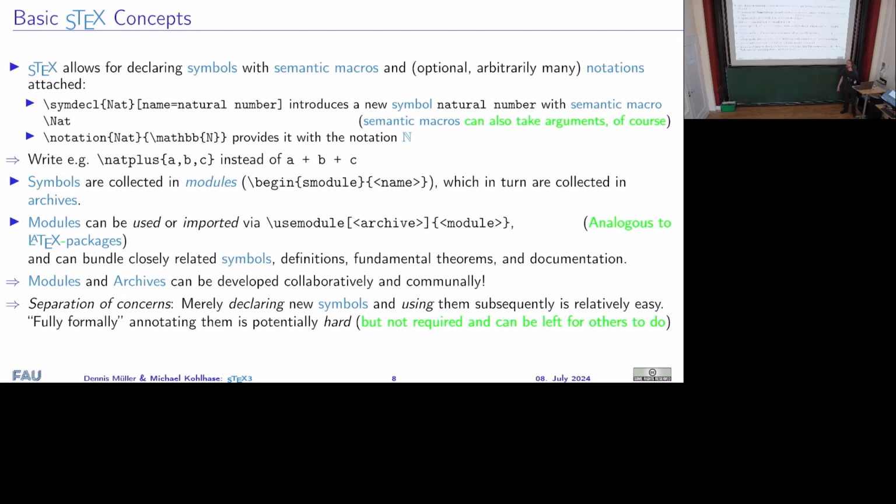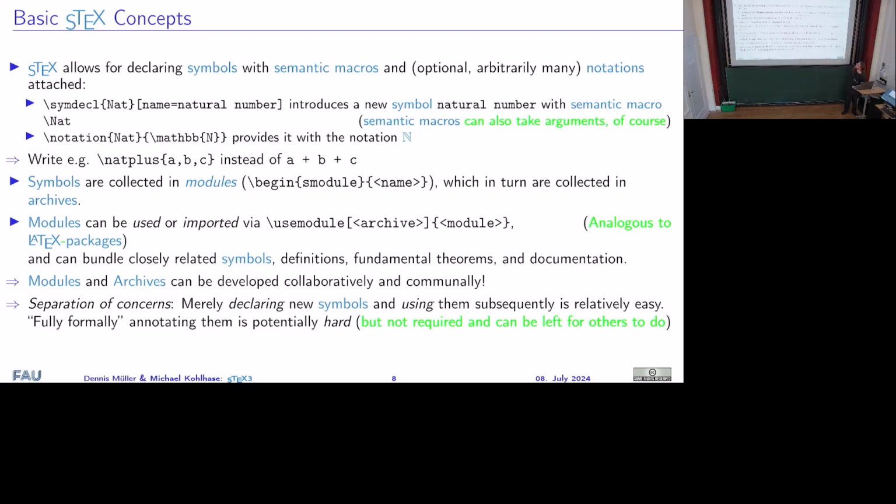So instead of new command, you will write symdeco. That also gives you a semantic macro of that form. But in particular, it also generates a unique identifier for that thing. You can give it a name. You can then give it a bunch of notations from which you can pick at some point. And you can associate it with various kinds of formal information like types, formal definientia, these kinds of things